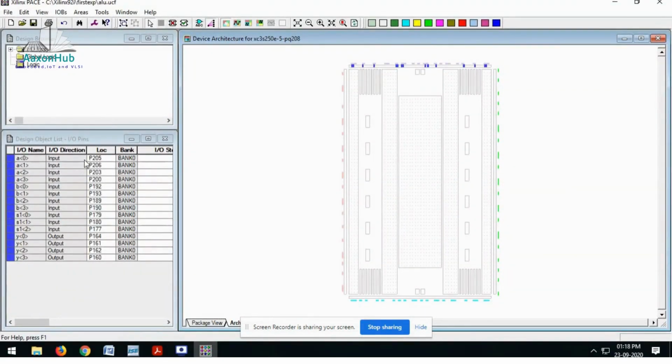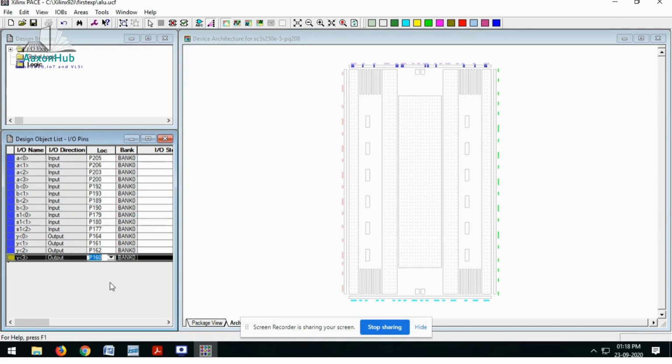I'll assign P205, P206, P203, P200, P192, 193, 189, 190. Likewise the select lines P179, P180, P177, and likewise your final resultant output Y, from P164, 161, 162, and 166. Here you have to double click and write down the respective number.